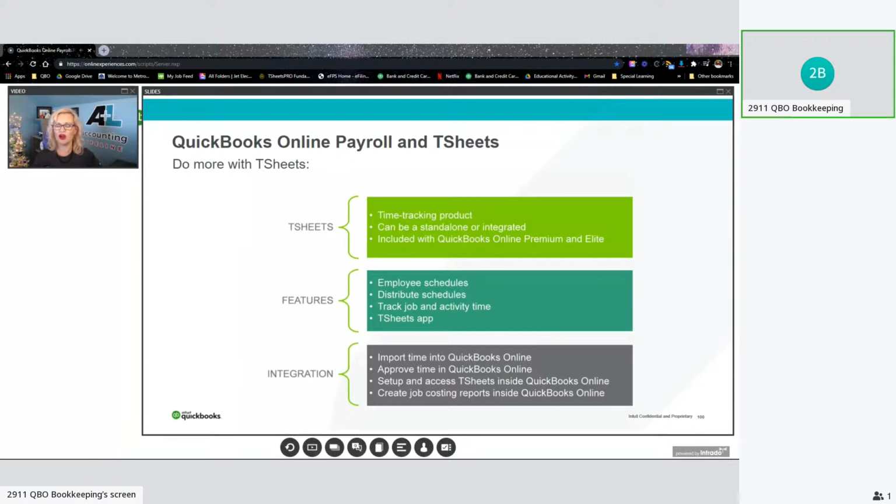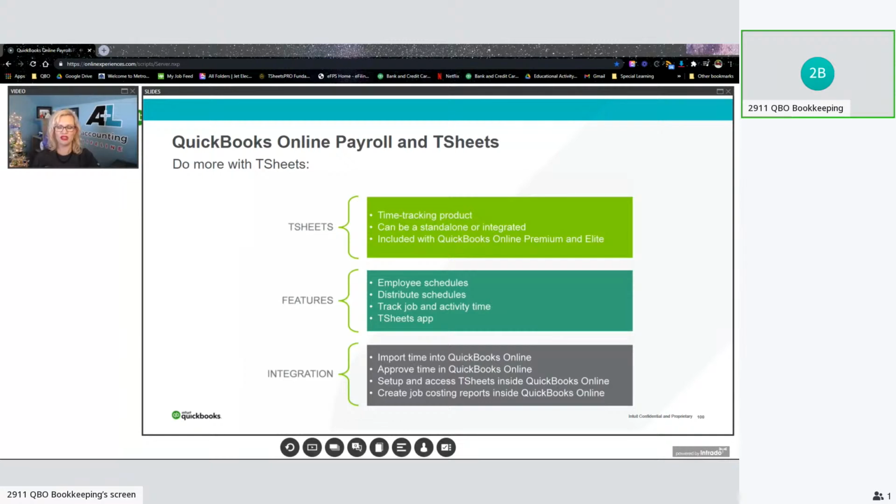So there is a browser option of T-Sheets. There is an option to be able to actually have a clock in kiosk. So you would need to actually come in and be scanned in order to be able to sign in. But there is also the T-Sheets app, which is the thing that most people use. People want convenient and they want mobile and they want it now. So the app is really easy to use for our employees and even, as you can see, our vendors can